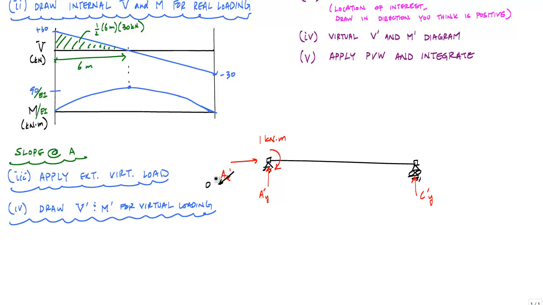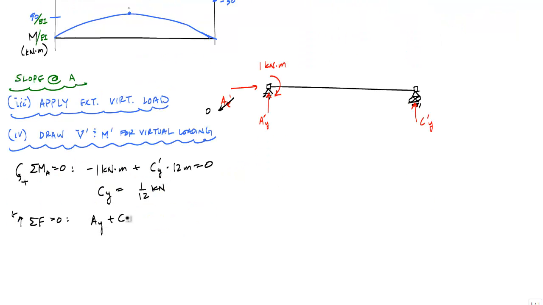So if I take moments about point A equal to 0, right here, I would have minus 1 kilonewton meter plus CY prime times 12 meters equal to 0. And when I solve this out, this will tell me that CY is equal to 1/12 kilonewtons. And then from the sum of the forces in the vertical, I have AY plus CY equals 0, which means AY is equal to negative 1/12 kilonewtons, which really just means that AY is 1/12 kilonewtons and